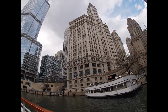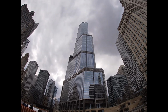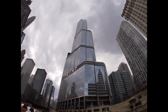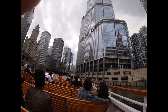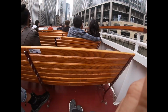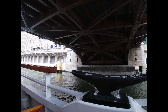The tall reflective glass building directly here in front of us with that needle-like spire on top is currently Chicago's second tallest building. The height does include the very top and tip of the spire. Trump International Hotel and Tower, completed back in 2009, designed by Adrian Smith, formerly of Skidmore, Owings & Merrill. The building itself ascends in height. You have setbacks at different levels that relate to the roof lines of surrounding buildings, including this unbelievably huge,